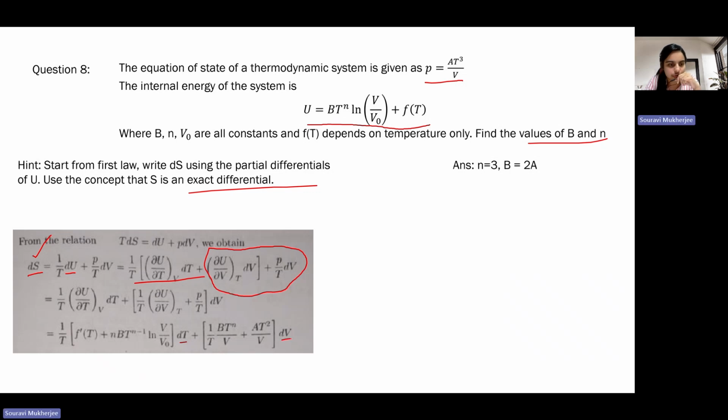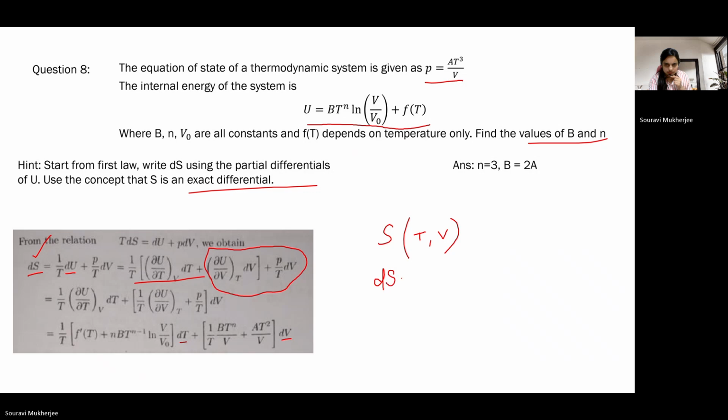Now from our basic understanding of dS, if you consider S as a function of T and V, you can always write dS as